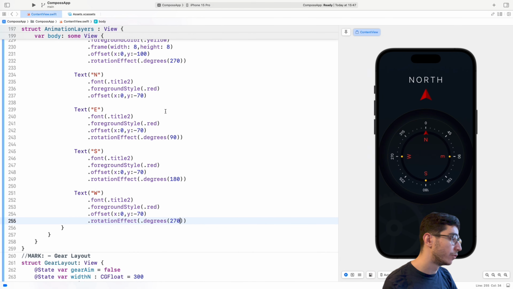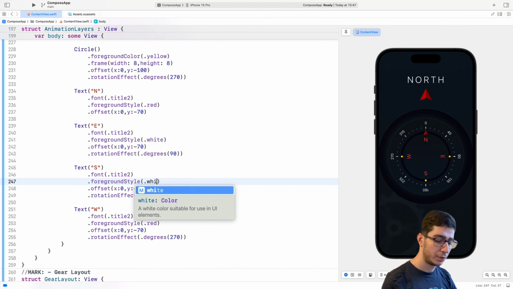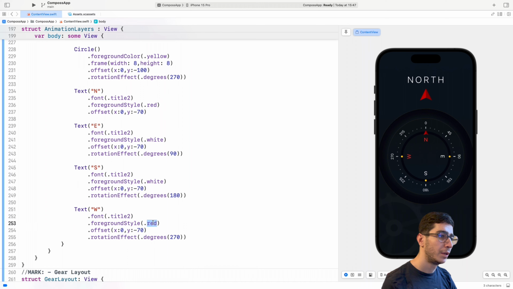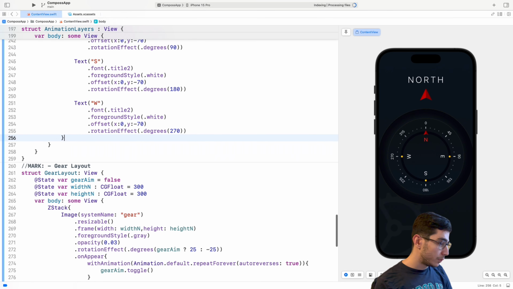These are white, so this is white, this is white, and also this is white. Here it goes. So here we go,